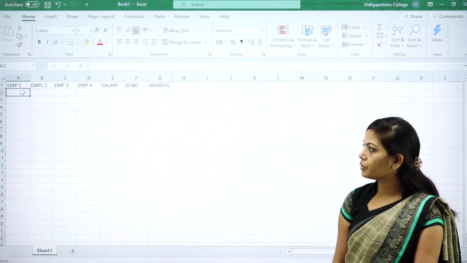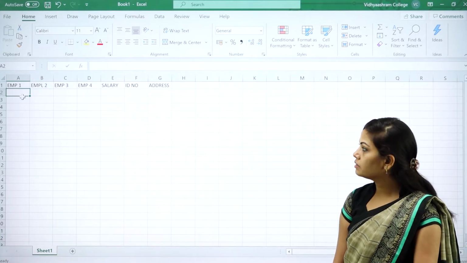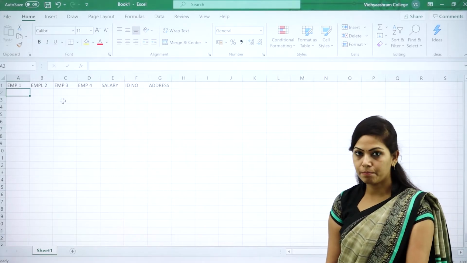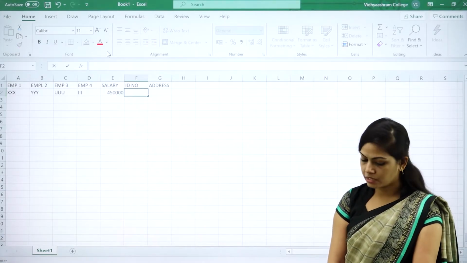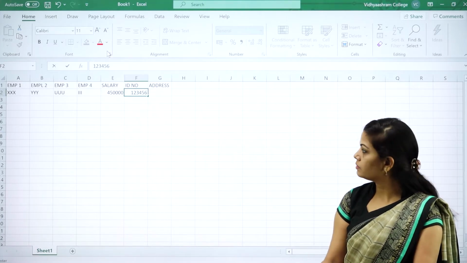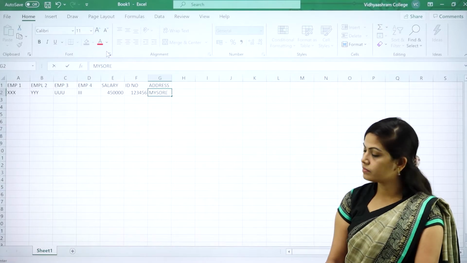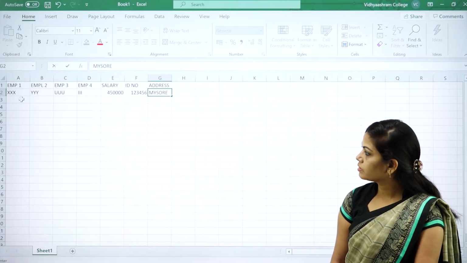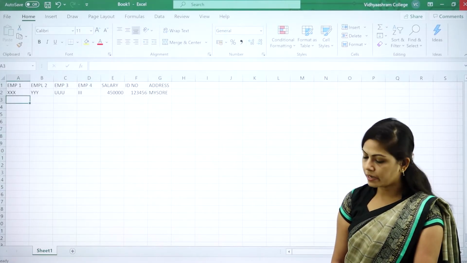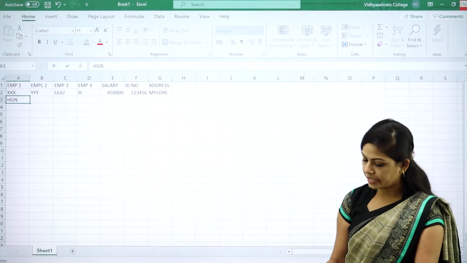So first you need to prepare the details of these employees, and here I'll write the ID number and address. Here I will prepare some other data.